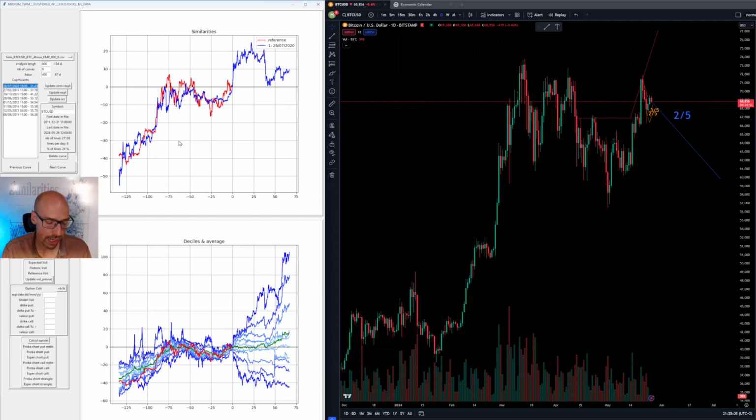All right. Right now, I have the mathematical analysis that my software has found, and I am going to manually, subjectively refine that and try to find some information in these curves. All right, what do I want to see? First of all, I wanted to see an up movement and then a correction. To go a bit deeper, I want to see an up movement followed by, here in red, you can see